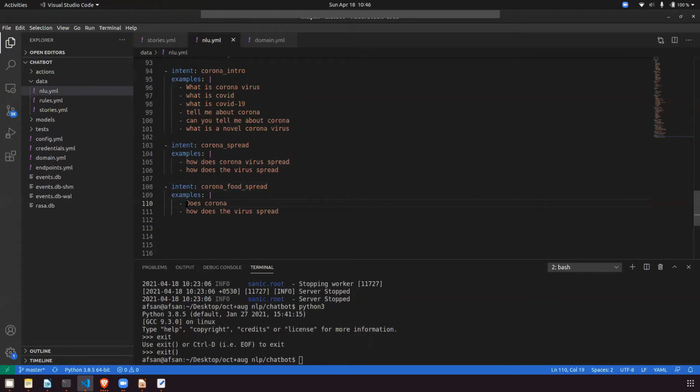You have to think about what kind of data the user will be giving us. So, does corona spread from food? And the next is, how will corona spread from food?